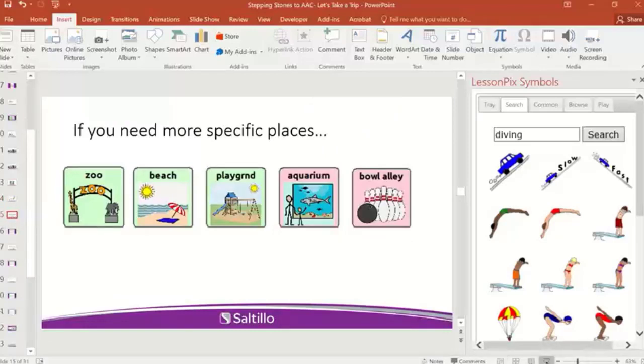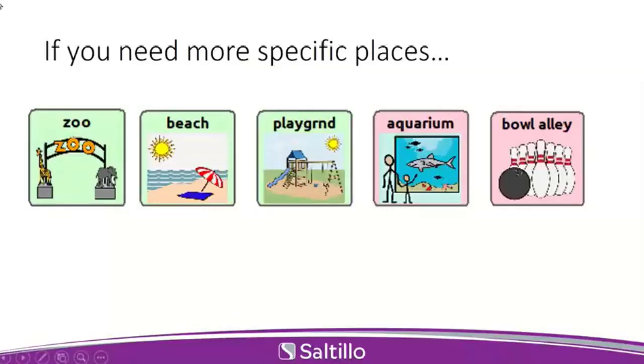The other idea is that I often hear, well, that's a little higher than what my kids can handle, or they're not necessarily getting the idea that we're putting a picture of something. If we did one of those virtual field trips and you brought up that video, we can talk about what did we see there, or what do we want to find. You can also grab some more concrete symbols or places. If they really like going to the playground, let's talk about what we need to do before we go. What do we need to pack? How are we getting there? Are we walking or driving? Finding those words and having fun with it.